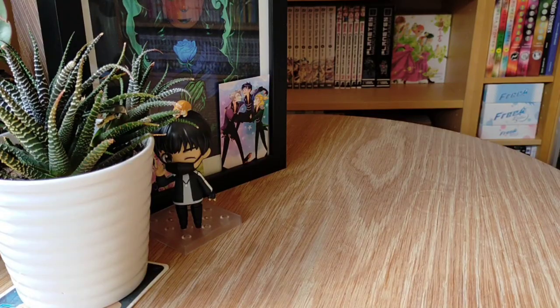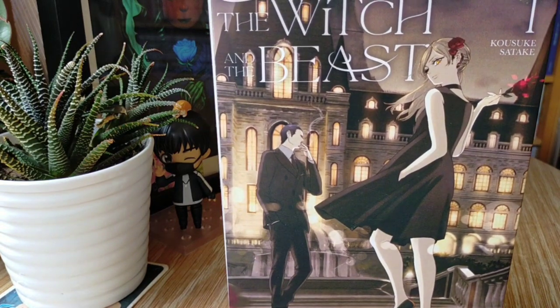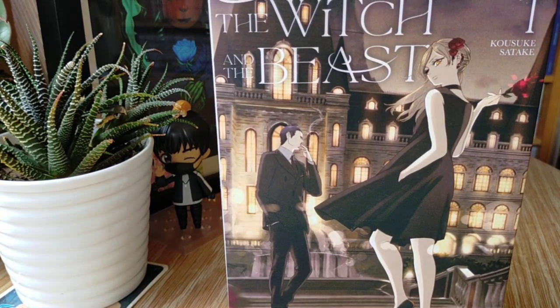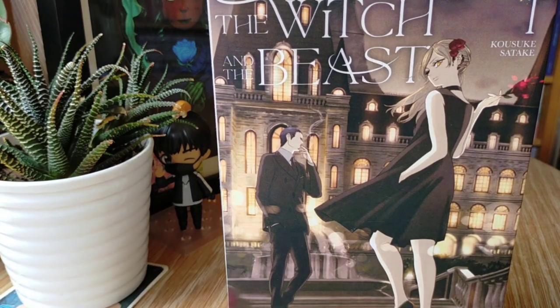Next, another Kodansha debut with The Witch and the Beast by Kosuke Satake. I talked about this one in my weekly wrap-up live stream. This is the story of two individuals, these characters on the front, Gaido and Ashaf, I think is his name, who...